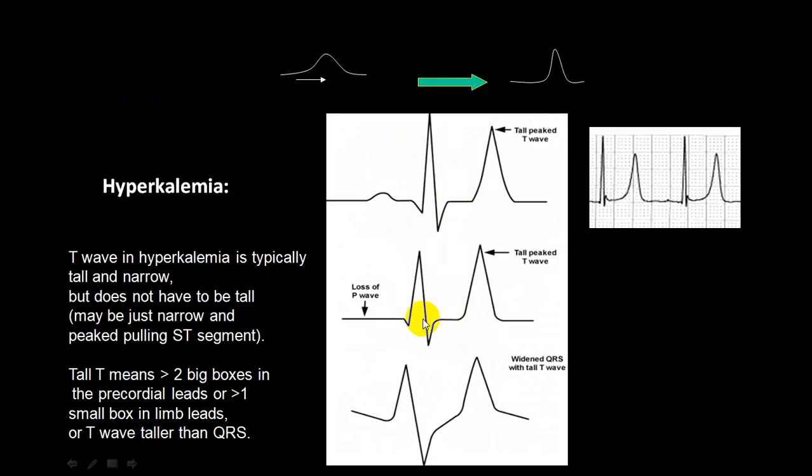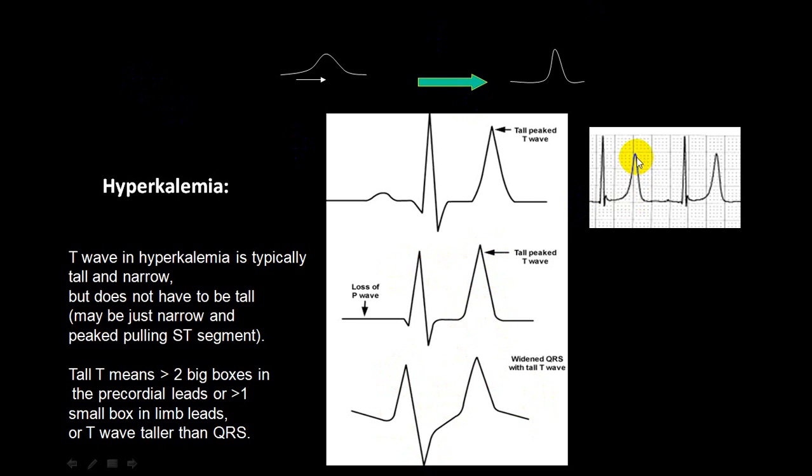You can see the same changes. The P wave has disappeared. You can't have a PR interval. The QRS complex has become wider, and there is a peaked T wave, symmetrical, taller than the R wave, and then it can merge with the QRS complex, and this is called a sine wave or sinusoidal wave. It is a dangerous sign.